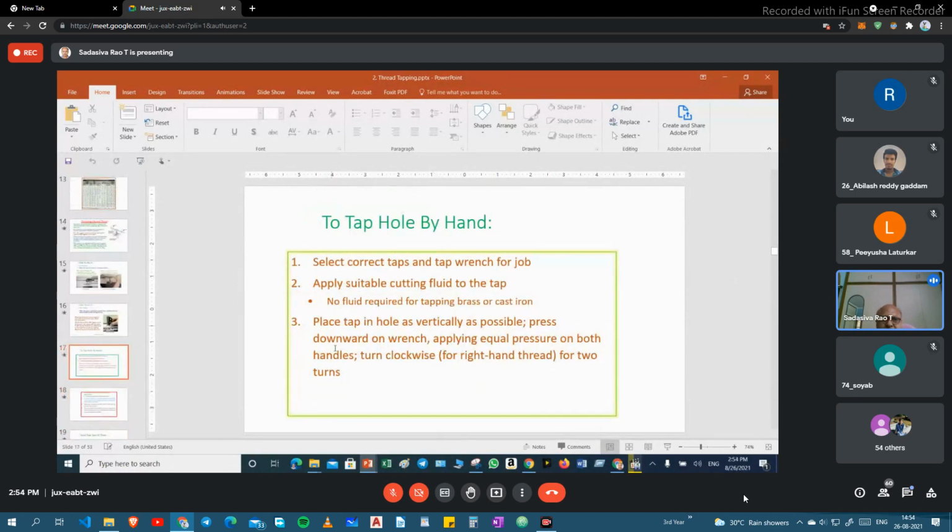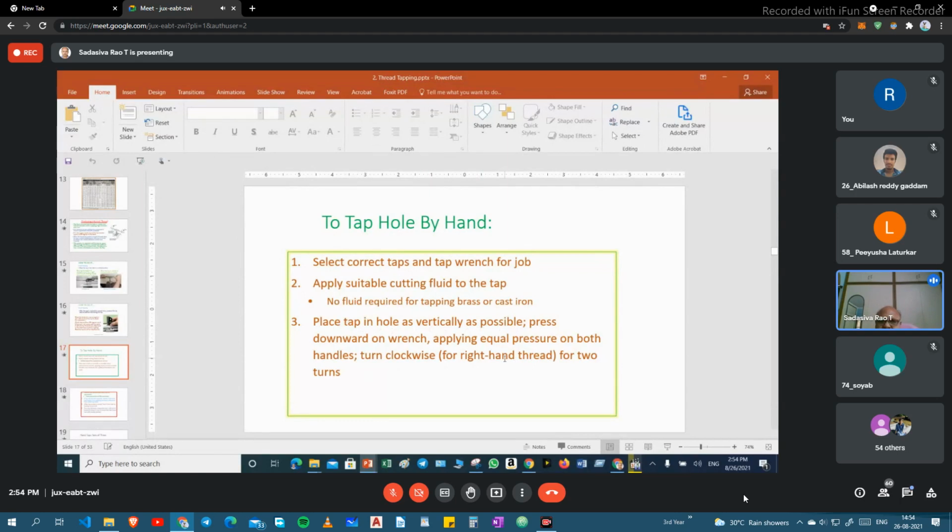The procedure he has given: select correct taps and tap range for the job, apply suitable cutting fluid to the tap. Suppose if it is brass or cast iron, no fluid. Generally we are using oil for lubrication purposes, and place the tap in the hole as vertical as possible, that is up to 90 degrees.